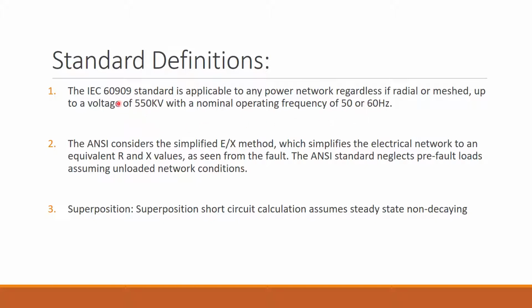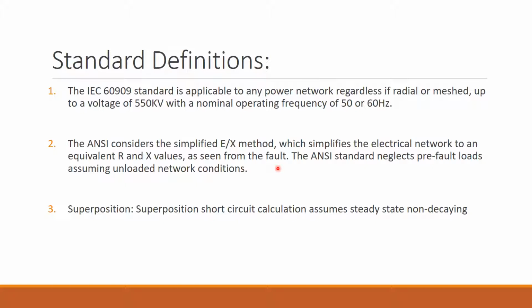The ANSI considers the simplified EX method, which basically the main goal is to simplify the electrical network to an equivalent R and X values, basically our resistance and reactance values as seen from the lines, from the feeders. And obviously the feeders are the ones connected to the fault. So these are going to be our R and X values, our resistance and reactance, as seen from the perspective of the fault. The ANSI standard neglects pre-fault loads, assuming unloaded network conditions. So this is really useful because by neglecting these pre-fault loads, we're only focusing on the values or the impact